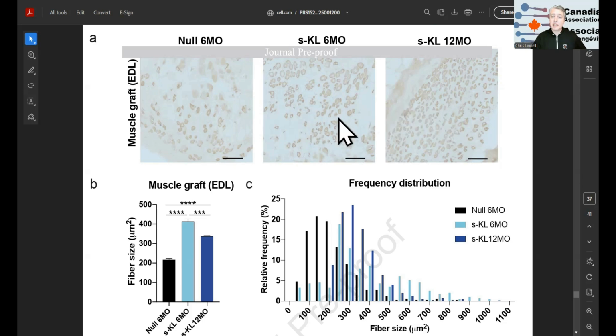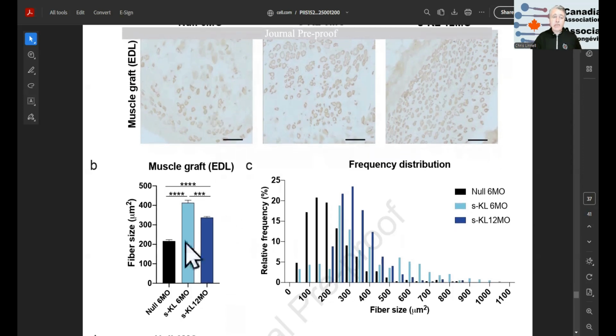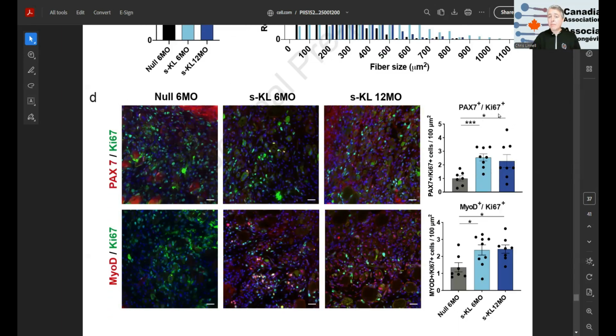seems to show that the 6 and 12-month-old mice had a greater number of muscle cells than the control mice after a few weeks. And in terms of the muscle fiber size here in B, both the 6 and 12-month-old mice had greater muscle fiber sizes, with the 6-month-old mice performing best. The control mice had a lower peak than either the 6-month-old mice or the 12-month-old mice, as you can see here. Then they looked at markers of cellular proliferation, with Ki67 being that marker. And as you can see in two different tissues, and connected with two other markers, levels of Ki67 increased in both sets of Klotho given mice,